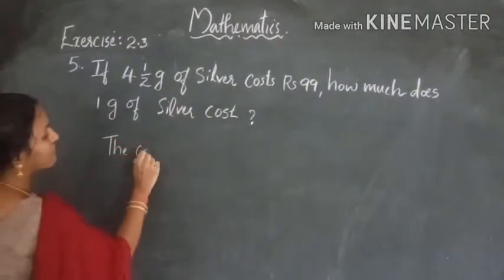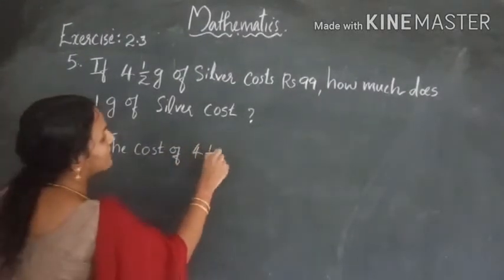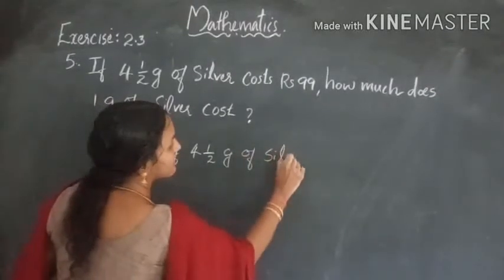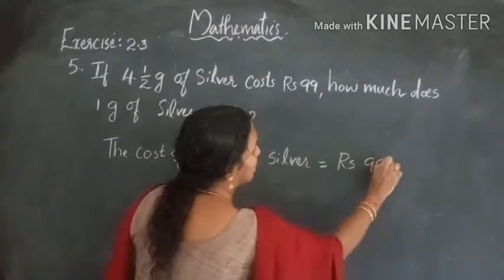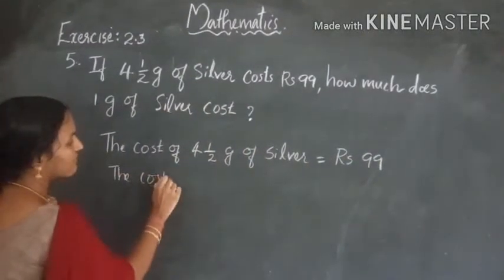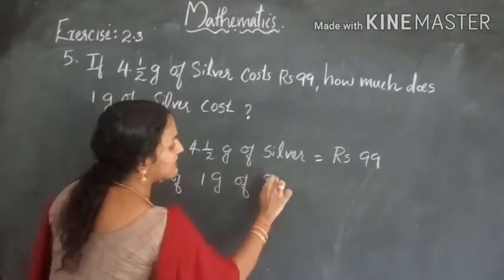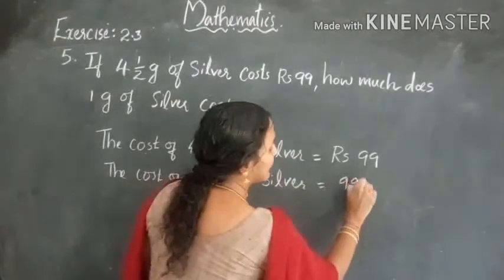Cost of 4 1 by 2 gram of silver is equal to rupees 99. Cost of 1 gram of silver is equal to 99 divided by